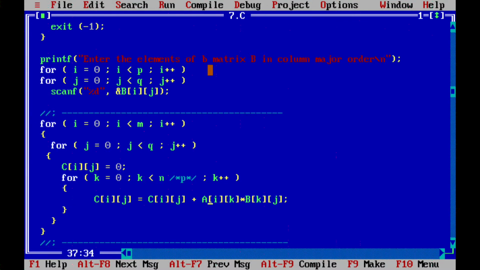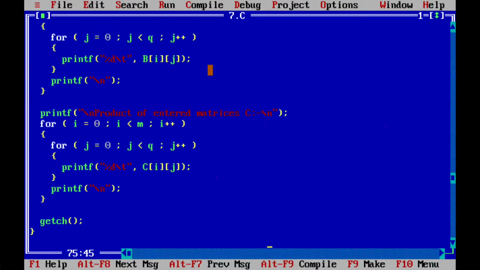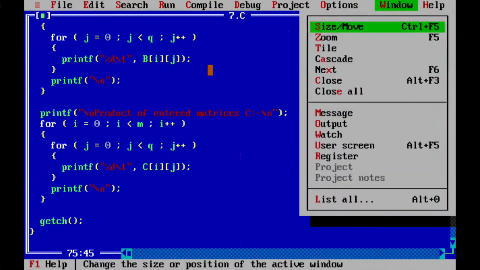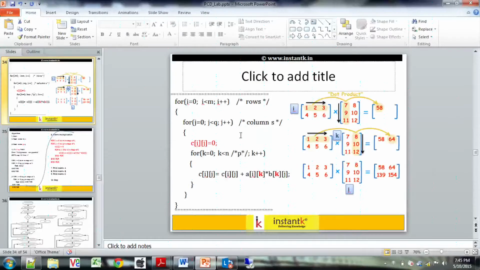That's it. Only this multiplication, where I am moving my cursor here, is going to define and multiply, and we are going to print the matrix A, matrix B, and resultant matrix C. Okay, that's it. So this completes problem number 7.